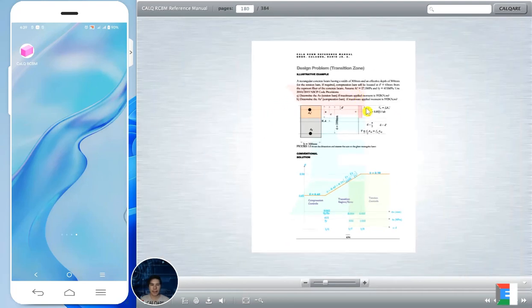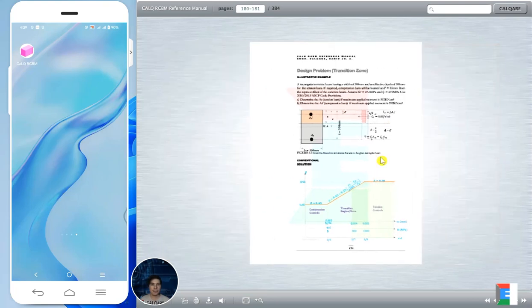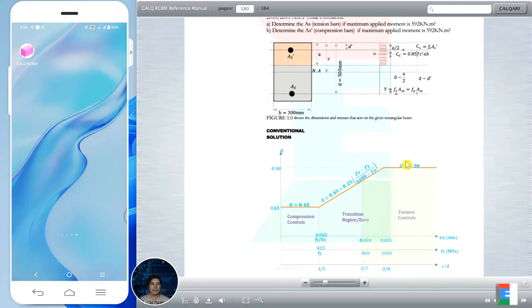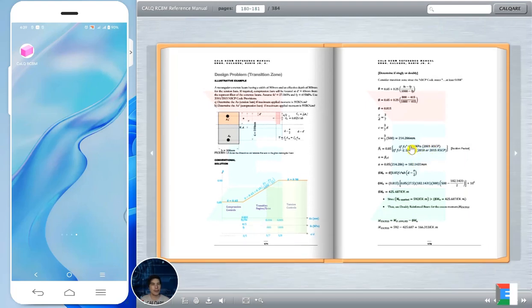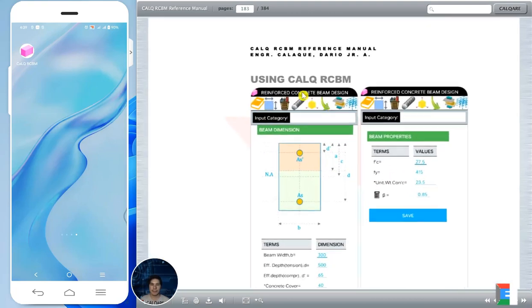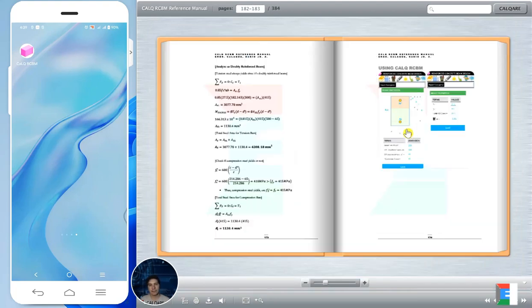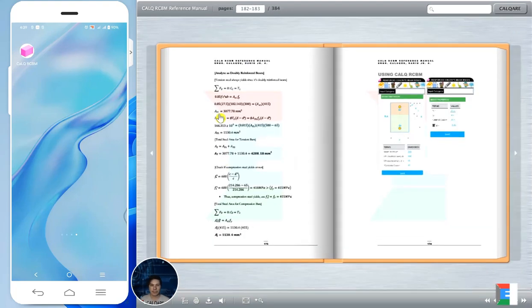In this reference manual, I have also included the conventional solution as a verification for CALQ RCBM. I solved this problem step by step, and I have also included the computation using CALQ RCBM, which is almost the same. So anyway,